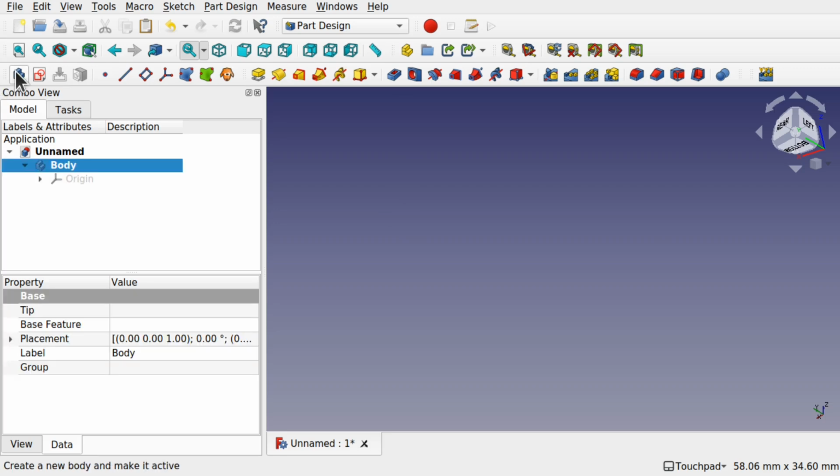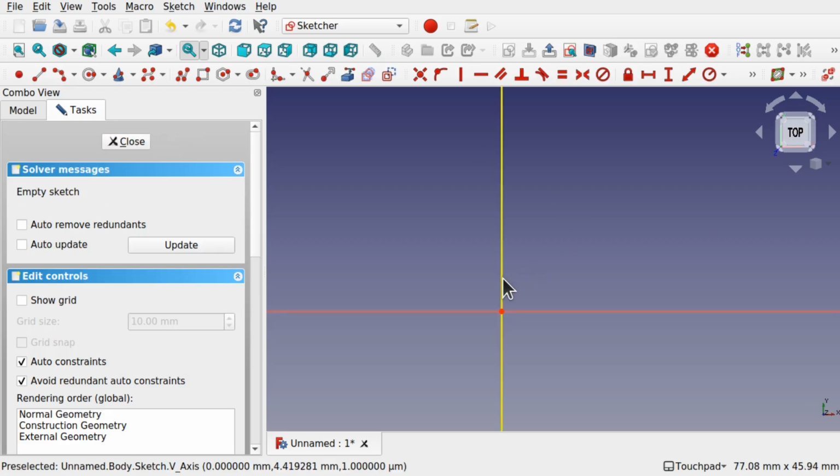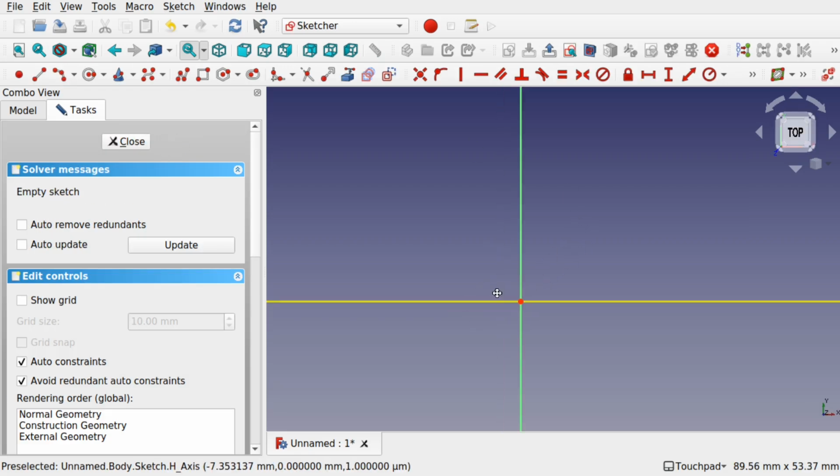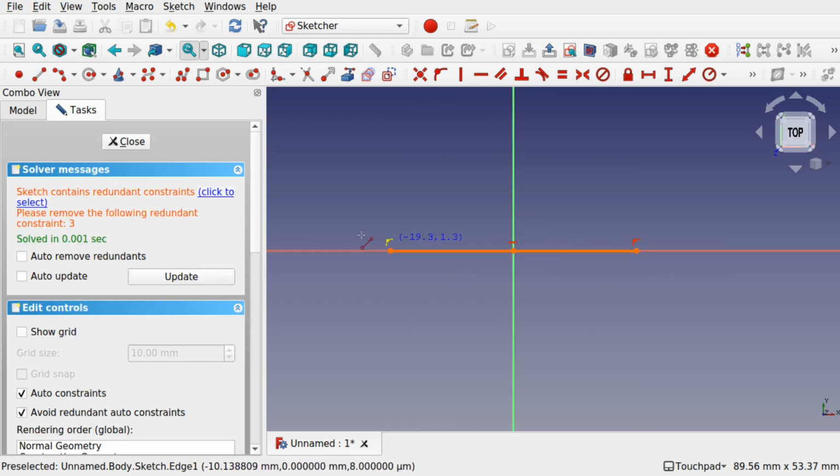Let's create a body and create a new sketch on the XY plane. We're going to create a very simple boat in here. We're going to add a line. It spans across here. We've already gone into over constraints, and that's because we've got this horizontal constraint in here, which